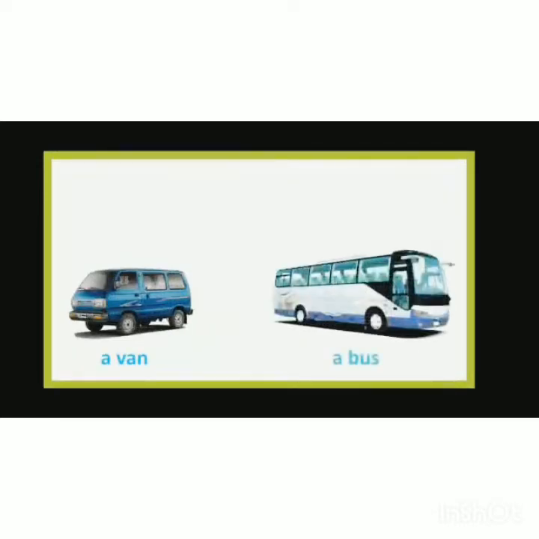Now here, what can you see? Yes, it's a van. Here, it's a bus. Van, bus. Both are together. दोनों साथ में है. तो हम क्या बोलेंगे? Van और bus. और यानी and. So when two things are together, we use the word and. So what will you say? A van and a bus.